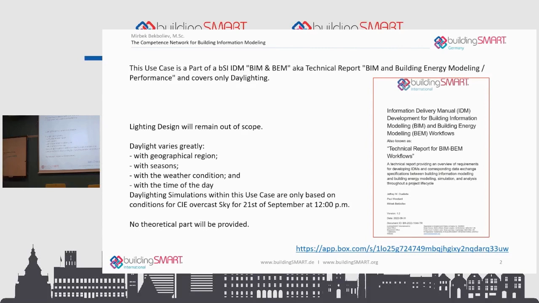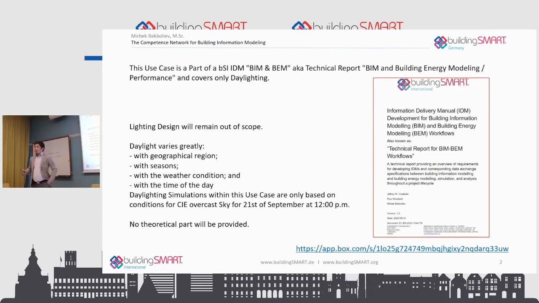Why are we talking about BIM, building energy modeling? This is a really interesting aspect. When we want to achieve something efficient, we need to simulate to see if we get the result that we are really targeting, right? Before you start doing something, you need to simulate. If you need to achieve something, then you should maybe have some guidance. And we worked on that guidance, and it's called IDM, Information Delivery Manual, IDM BIM technical report.